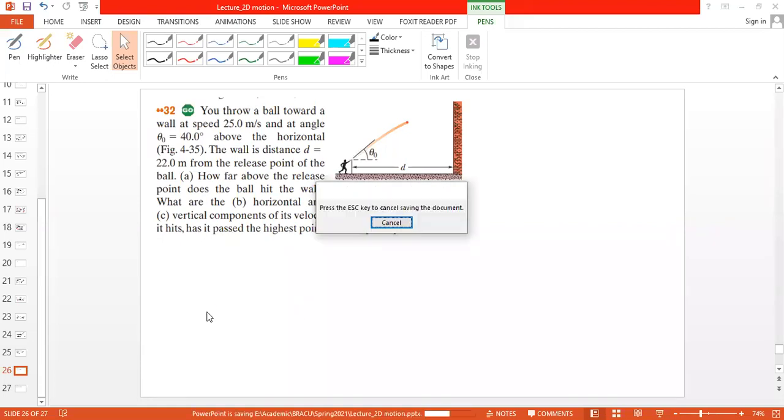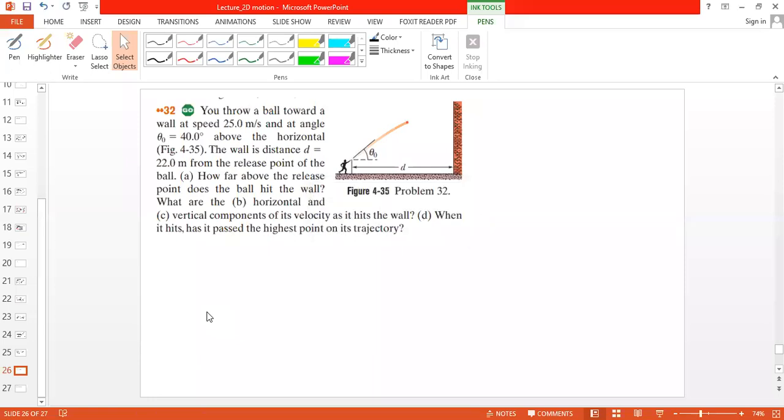Ok, let's try one more math. So you throw a ball toward a wall at a speed of 25 meters per second at an angle of theta equal to 40 degrees above the horizontal. Okay, the wall is distance d equal to 22 meter from the release point. So this is the distance d equal to 22 meter. সেটা বলে দিচ্ছে how far above the release point does the ball hit the wall. বলটা রিলিজ পয়েন্ট থেকে কত হাইটে ওয়ালে স্ট্রাইক করবে। রিলিজ পয়েন্ট ছিল এইটা,